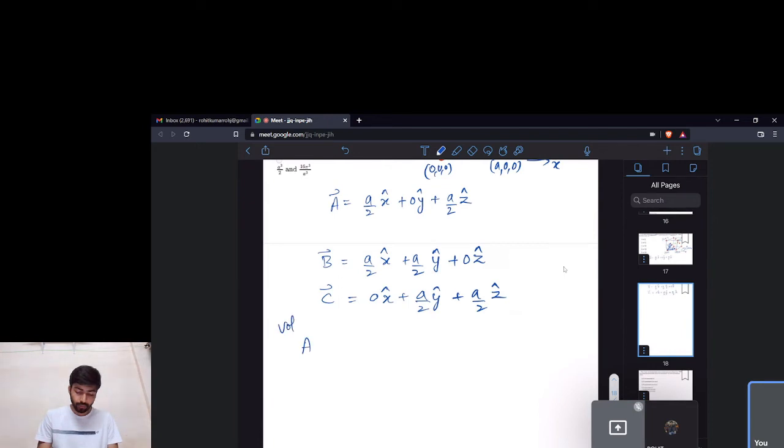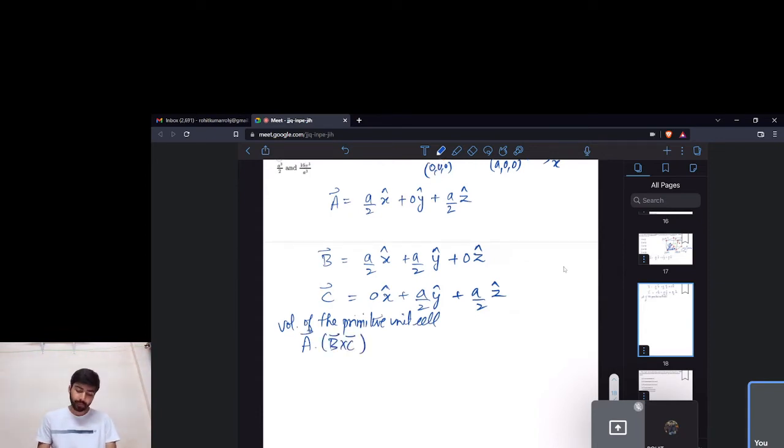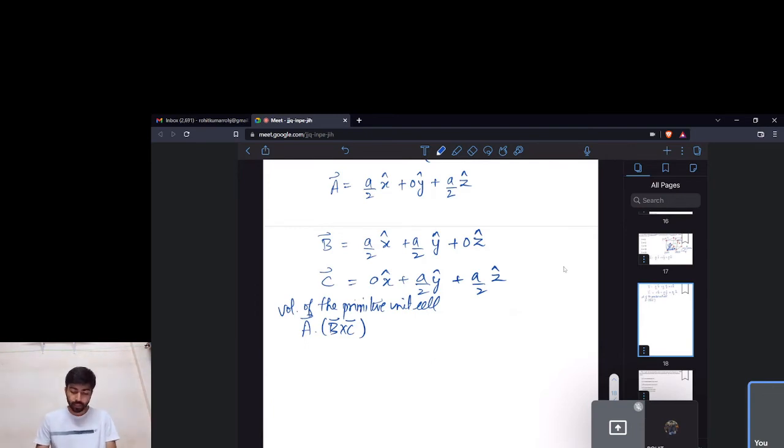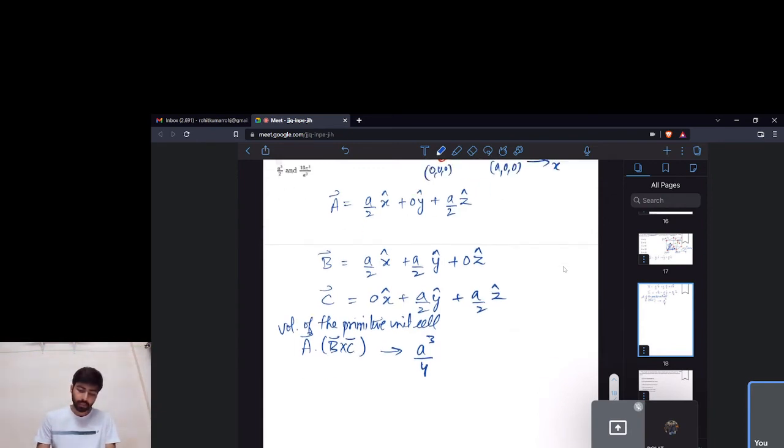So volume is nothing but the scalar triple product of the primitive vectors, A dot B cross C. And if one carries out the cross product of B cross C and takes a dot product with A, we find the value to be A cube by 4. Alright, and if one constructs the reciprocal vectors out of it,